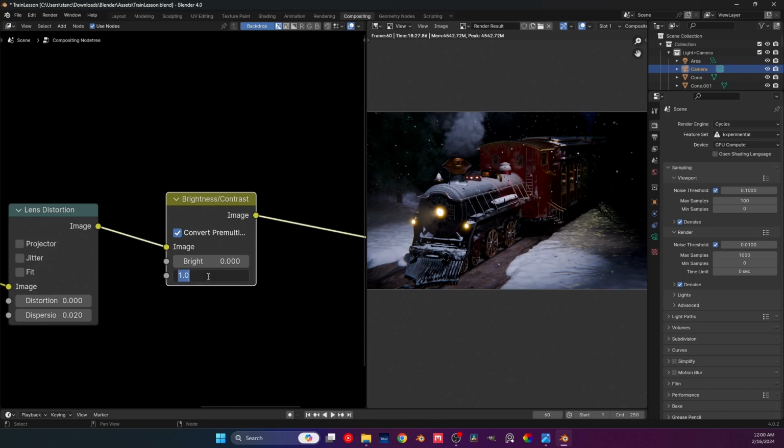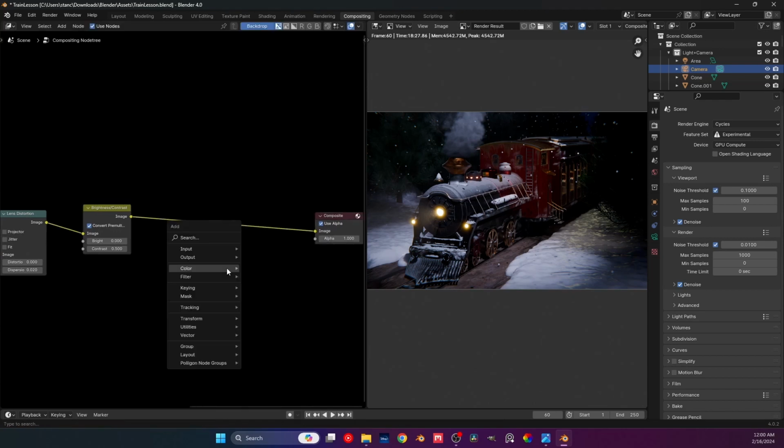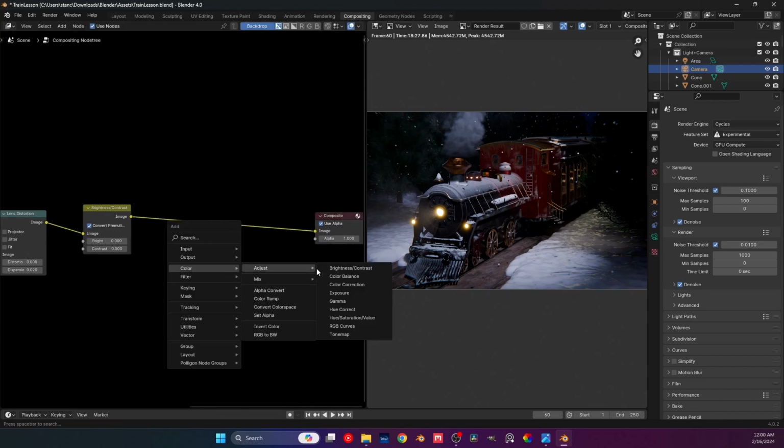I want to have, I don't know, a little bit more. So let's actually keep it like this. The brightness stays 0 because I like it the way it is. Also, let's go back to color and get our,